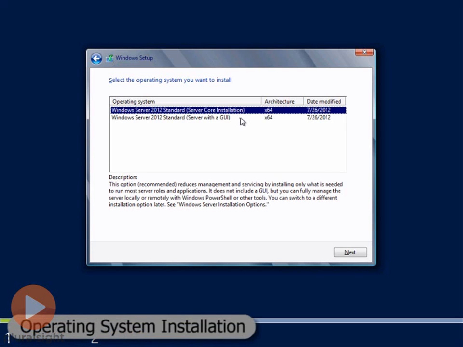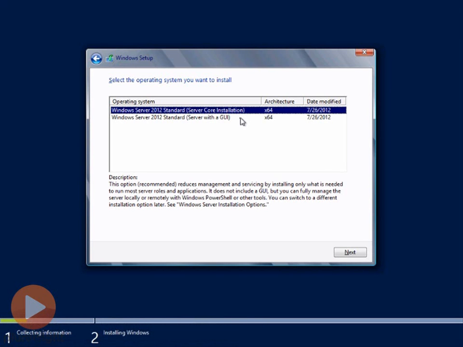Now, getting back here to the edition that we're going to work with, which is Windows Server 2012 Standard Edition, I have two choices here. I have the Server Core installation or the Server with a GUI installation. And I will point out to you that the default, where it's highlighting by default, is the Server Core